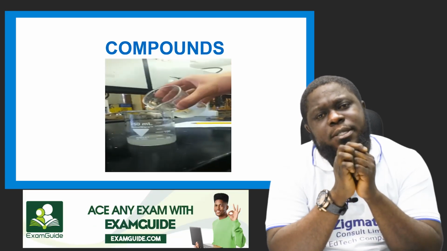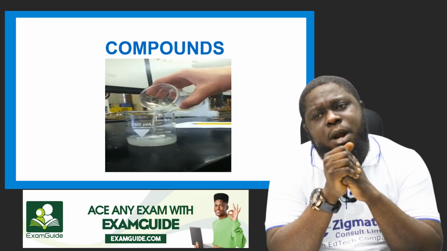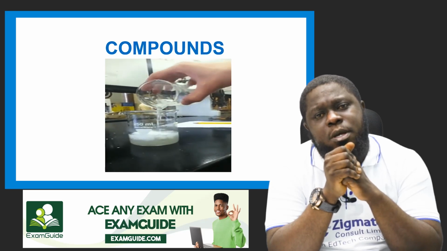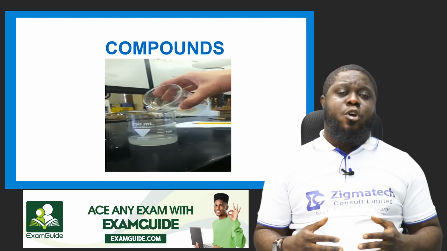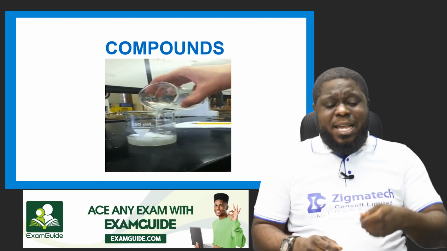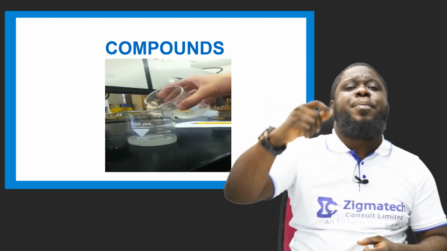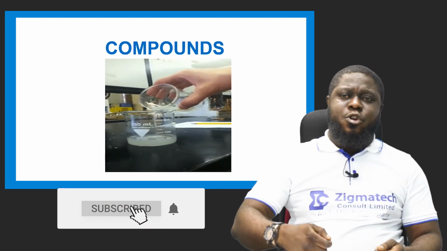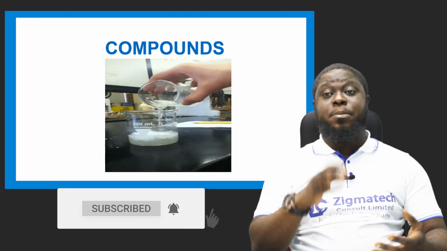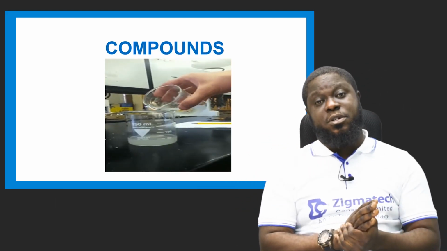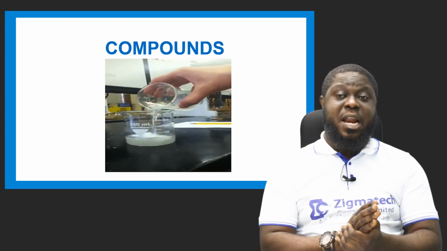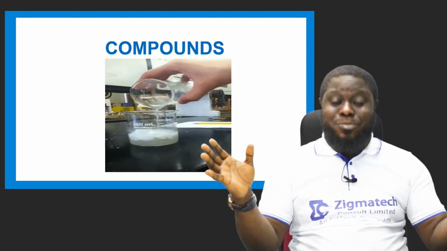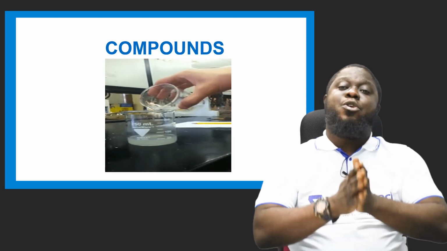Let me give you one example. You and your brother want to cook soup. Both of you, your brother must break himself to bring out 50 naira, and you must break yourself to bring out 50 naira. No matter how it is, there must be breakage of bonds. If you like, you bring 50 naira, your brother brings 200 naira. Both of you brought something together, and you cook that soup